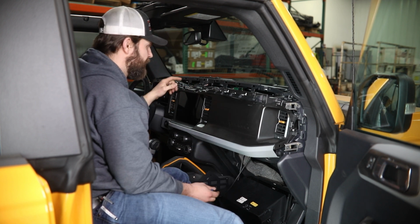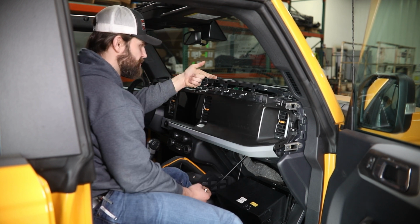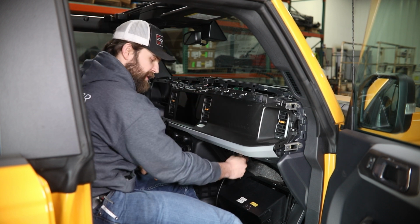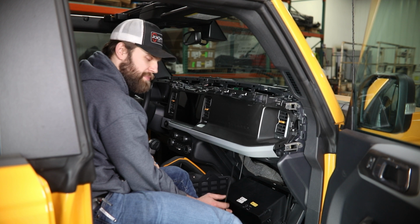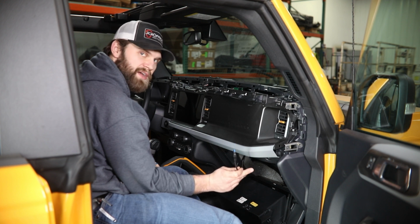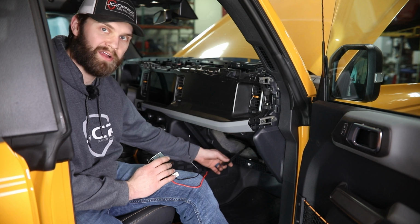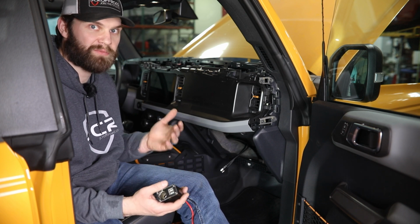So what you're left with will be both cables running straight over to the passenger side above this air duct and then down through this glove box opening so that you can work with them further down here. So now that you've got your USB wires routed down here, how you proceed is kind of going to depend